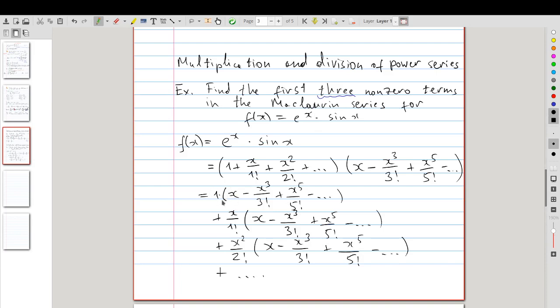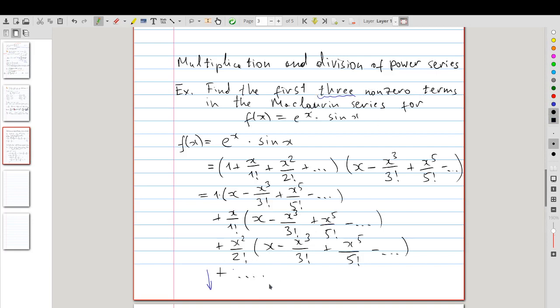So here we wrote the first term in the first series multiplied by the second series. Here is the second term in the first series multiplied with the second series. And here is the same for the third term and the second series. Now we could proceed downwards, right? It would be an infinite sum, and we would just keep putting terms from the first series multiplied by the second series to infinity. Now we will not do that since we are only interested in the first three non-zero